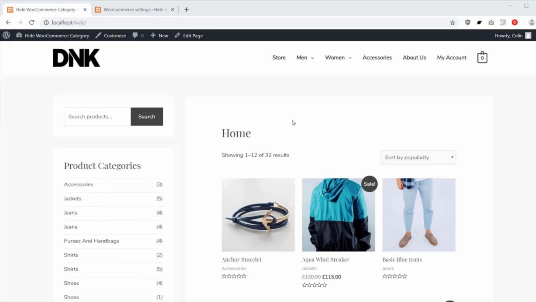In this video, I'm going to show you how you can hide an entire category from your WooCommerce shop page using our WooCommerce Protected Categories plugin. As you probably know, the default WooCommerce behavior is to display all the categories along with all the products inside. WooCommerce Protected Categories lets you change that by hiding one or more of these categories and all the products inside